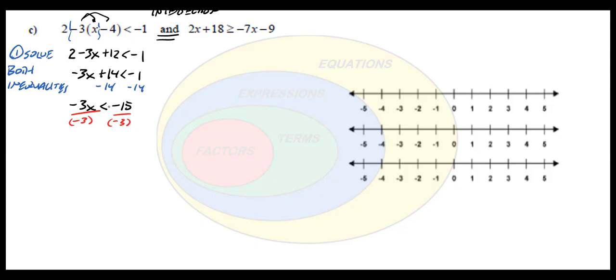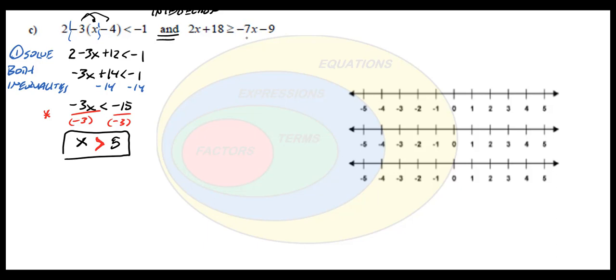And when we do that, remember, anytime we multiply or divide by a negative number, we need to switch the sign. So I'm going to switch the sign right now. And we end up with x on the left side, and then -15 over -3 is +5. So here's the inequality when we solve for it on the left. On the right side,